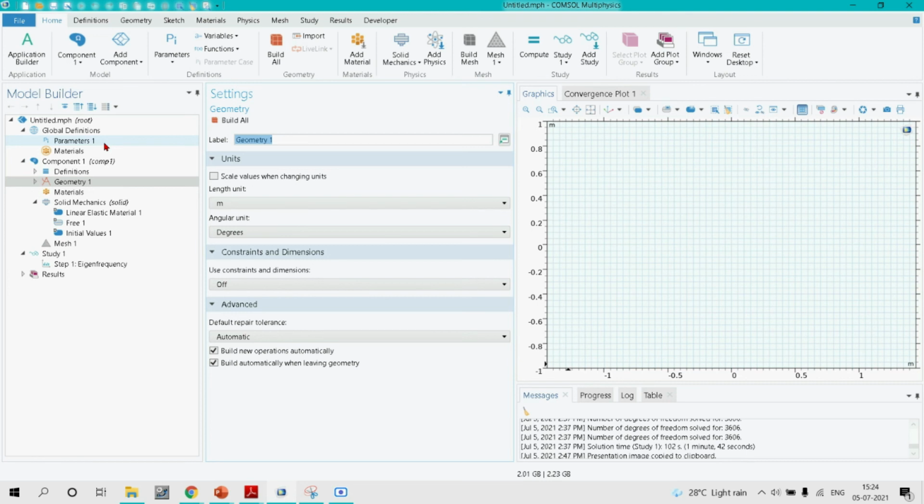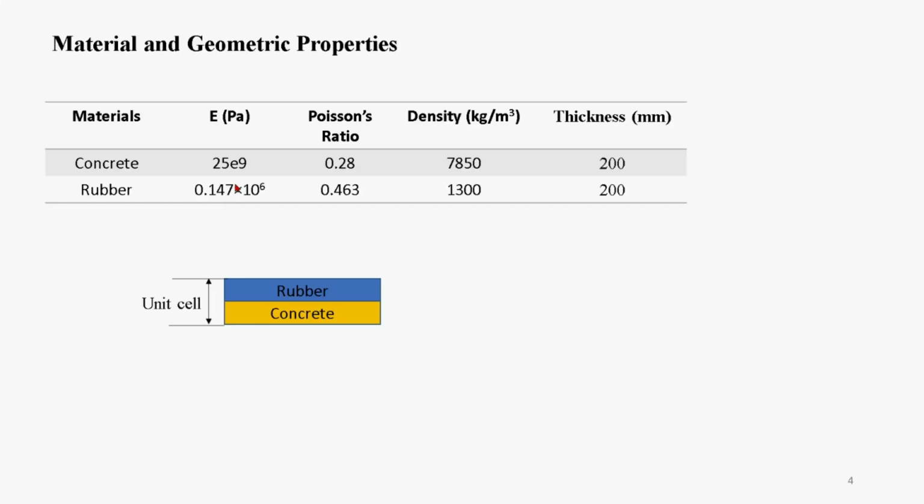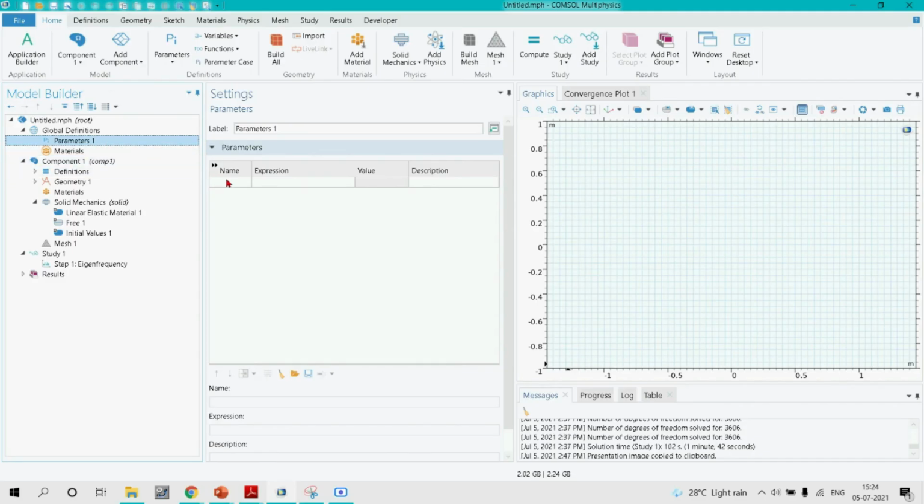So how to do this? Let's see. Firstly, we need to define some global parameters. Those global parameters will basically be our material and geometric properties and the space in which we have to find the band gap, and that space would be nothing but the irreducible Brillouin zone. So let's see the global parameters.